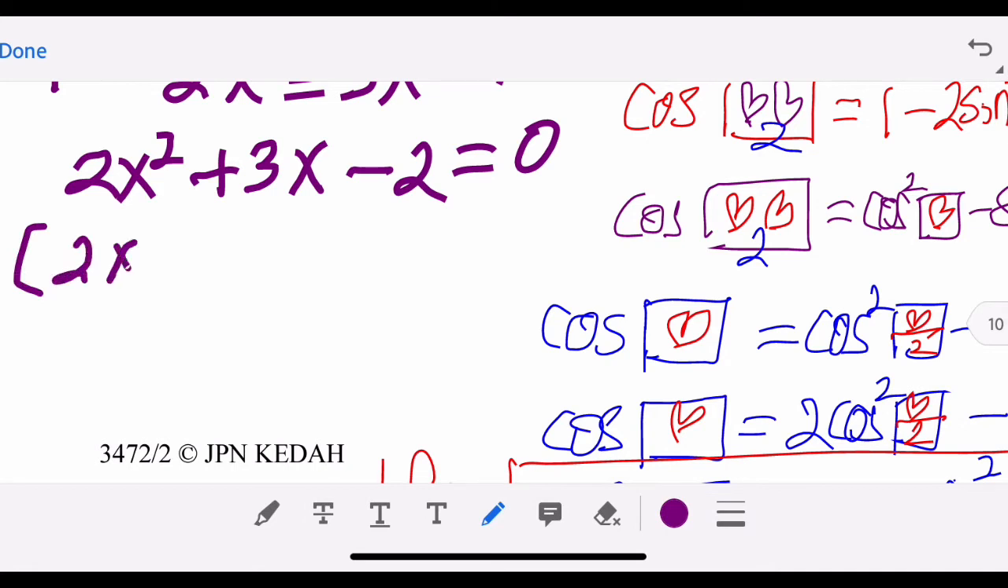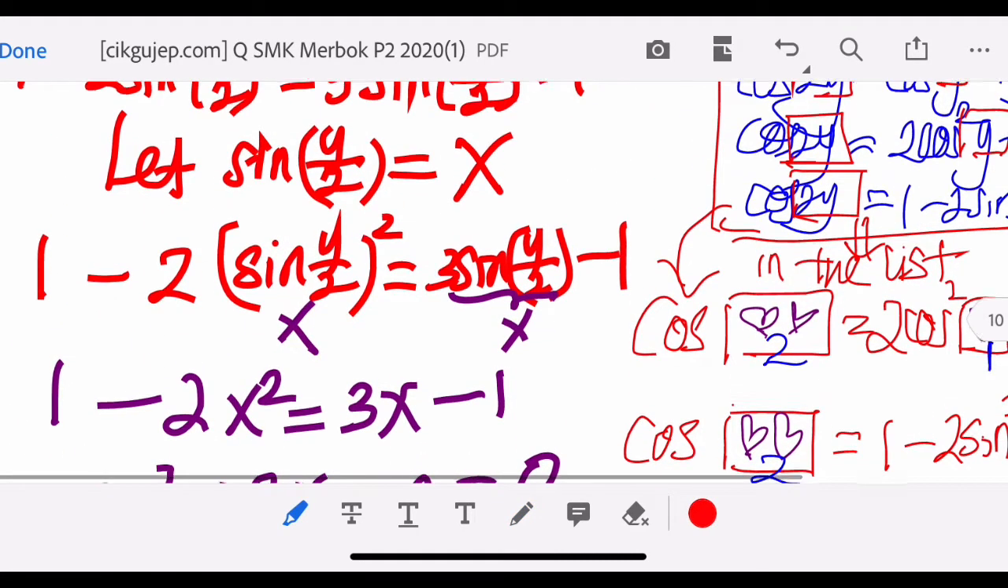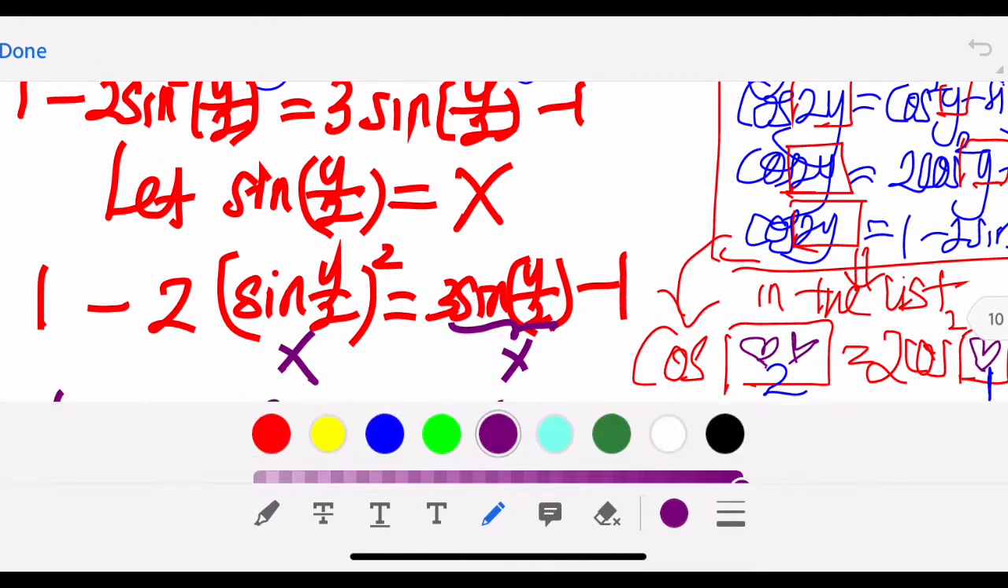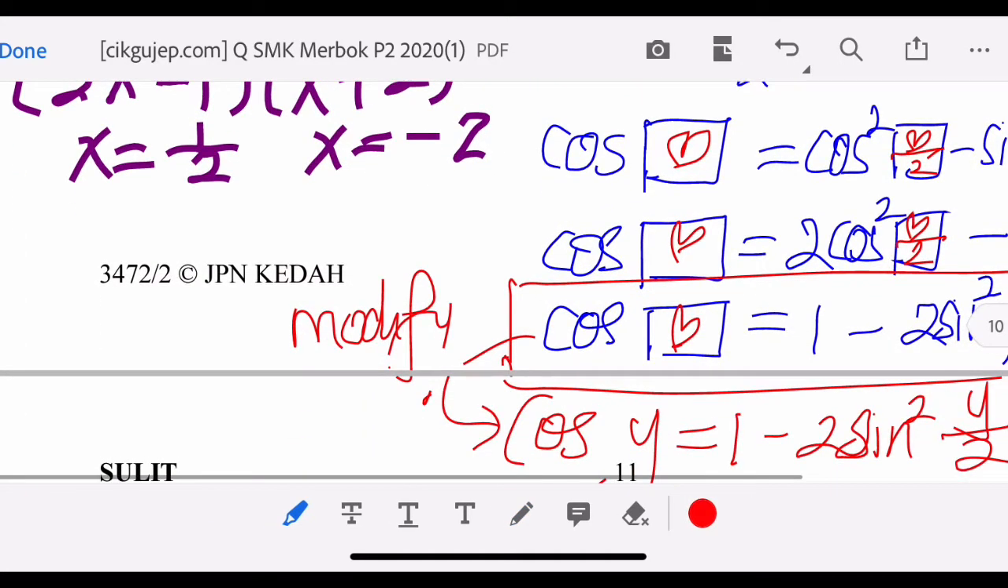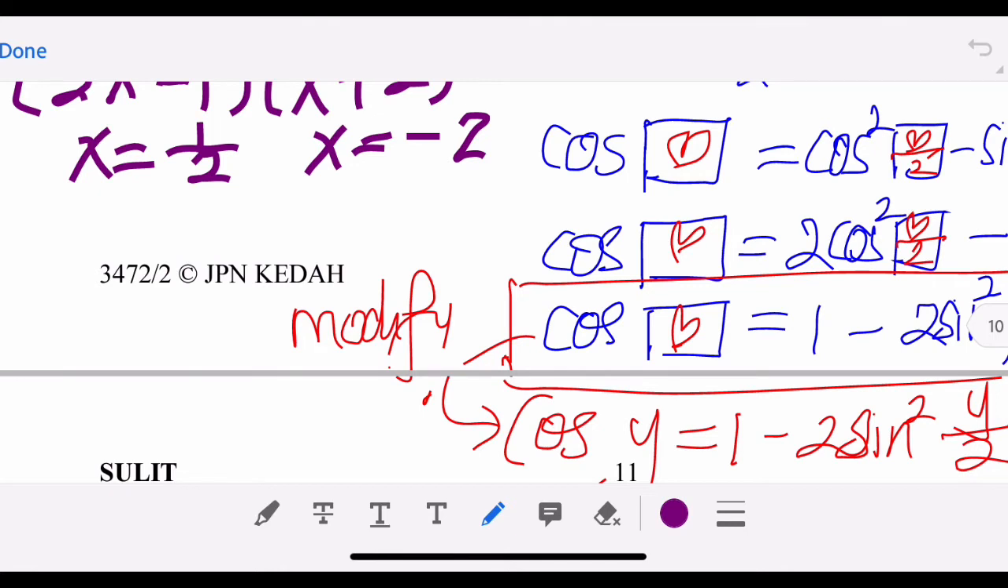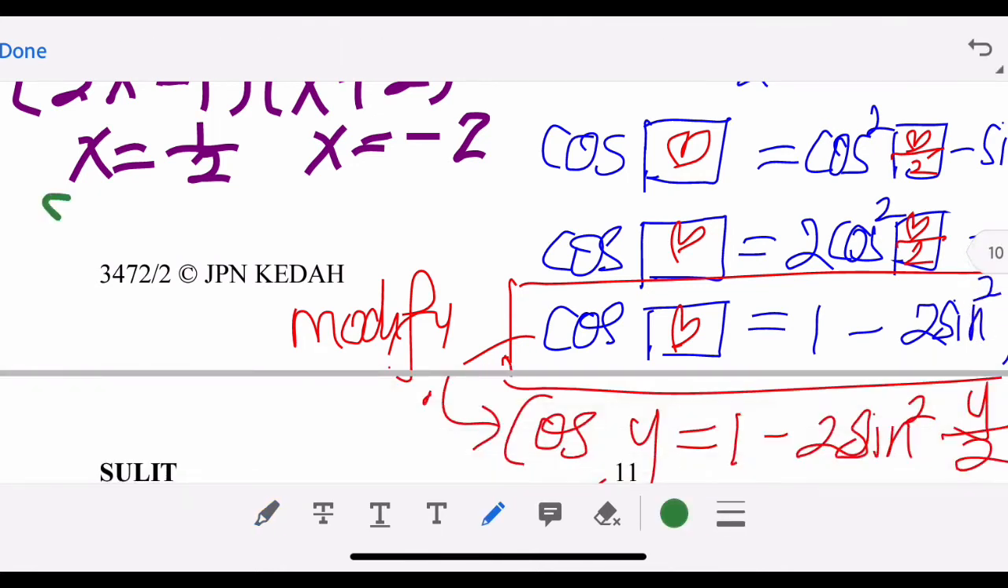And then I will factorize. Okay, so it's (2x minus 1)(x plus 2) equal to 0. Then I will solve by letting each factor equal to 0. So x is 1 over 2, x is negative 2. Whenever the sine value is more than 1 or less than negative 1, we will reject the value, alright? Okay, so x is equal to 1 over 2, but don't forget the mystery person is actually